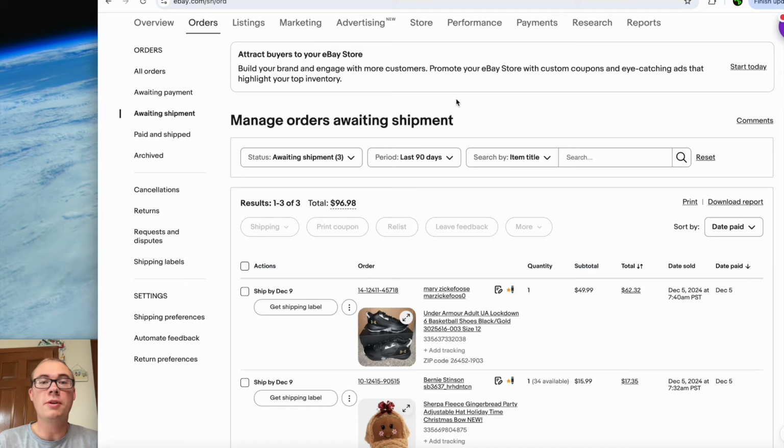All right, guys, so I've gotten a lot of questions on what to do when you print a shipping label and then the buyer cancels or they need to change their address. So you need to cancel the order and void the shipping label. How do I void the shipping label? Couldn't really find a video under like 10 minutes on this, so I'm going to try to just make one